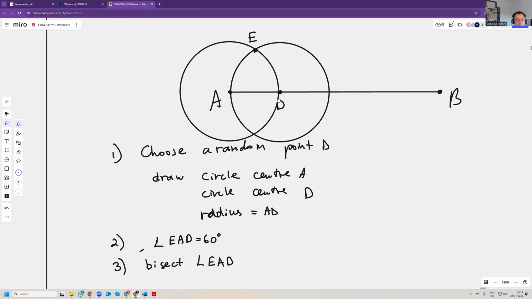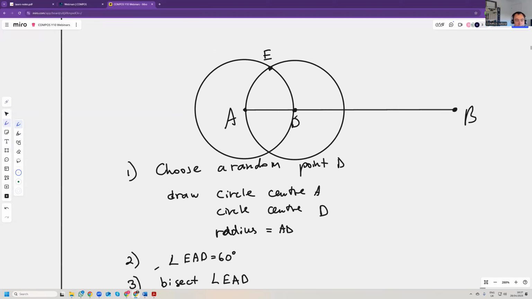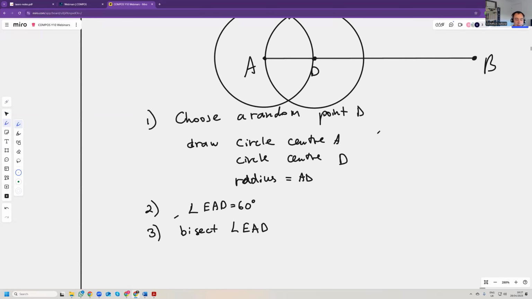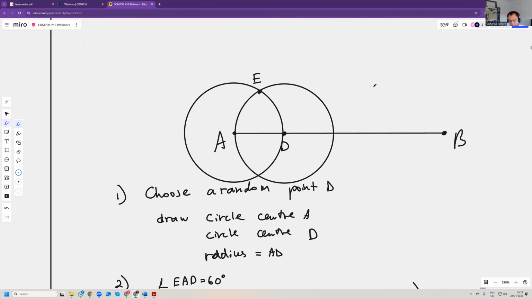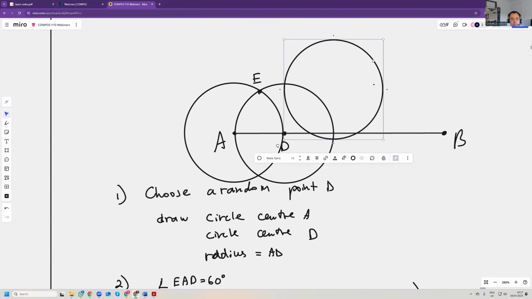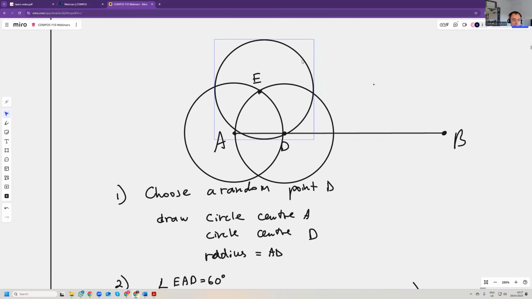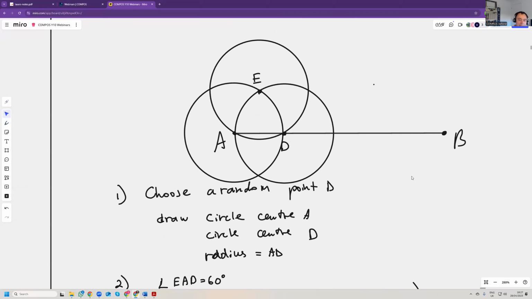All we need to draw is another circle, center E. We already have the circle from D, so all we need to draw is this one. And where the circles from E and D meet,